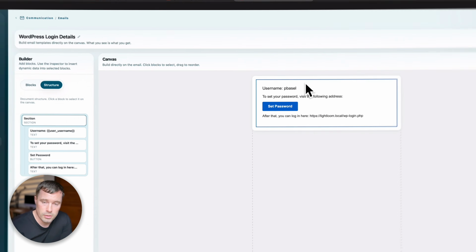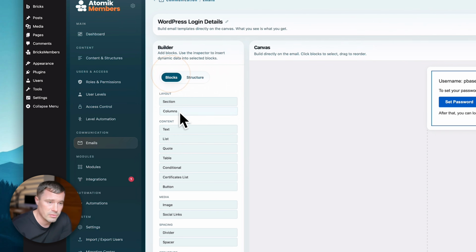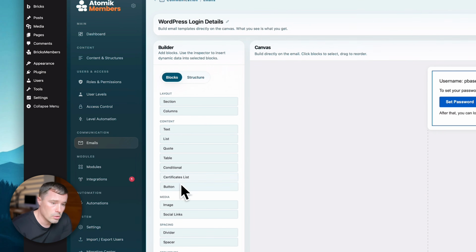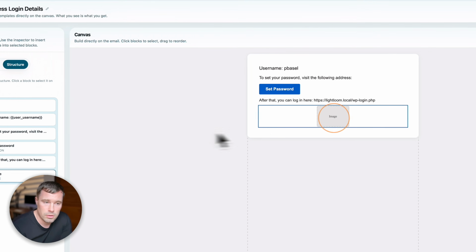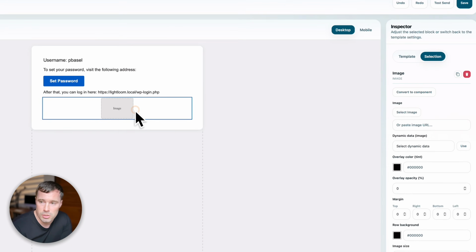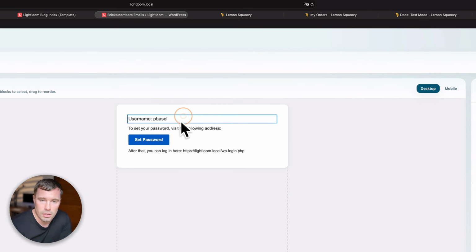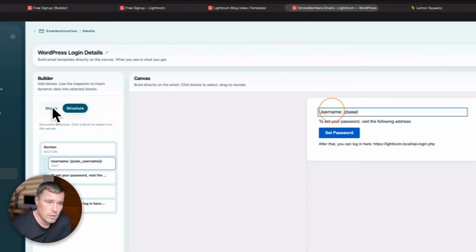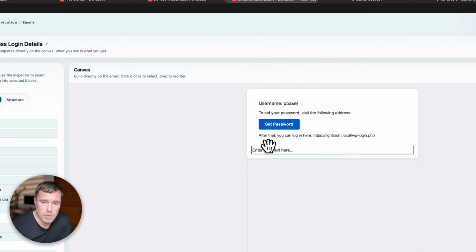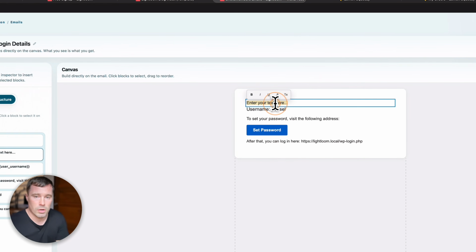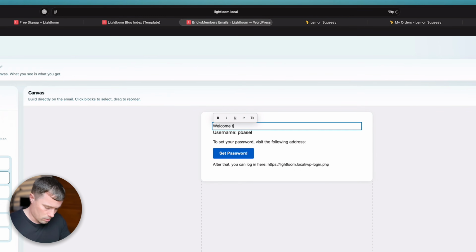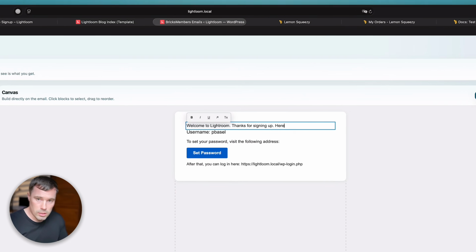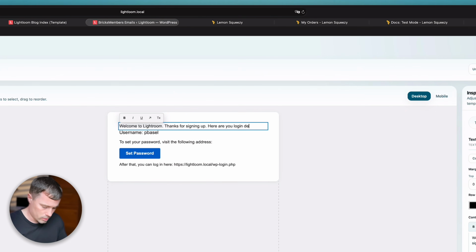You can literally do whatever you want here. You can even put in images; you have blocks available where you can select an image, for example. Then of course select the proper image here and stuff. I won't do that now, we'll remove that again. But you see, this is powerful. Now here, for example, you could customize that with some custom text. Right here, for example, welcome to Lightroom. Thanks for signing up. Here are your login details: